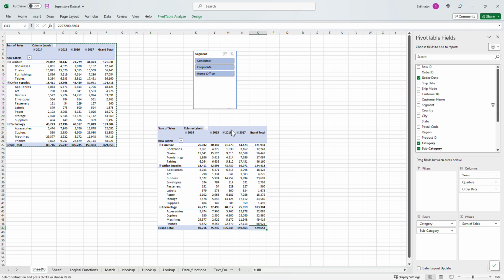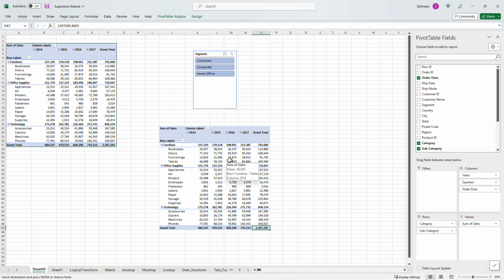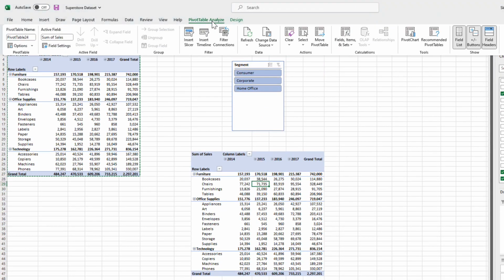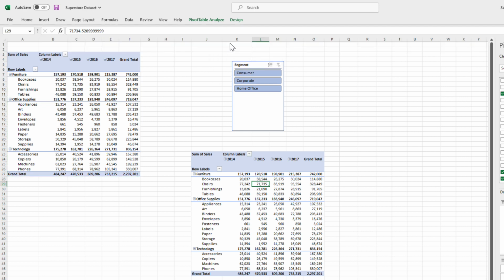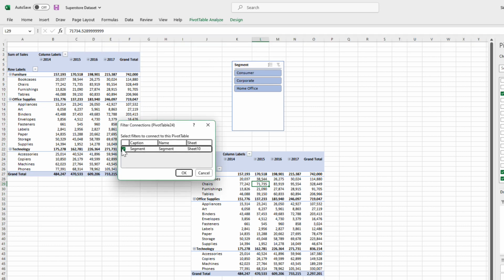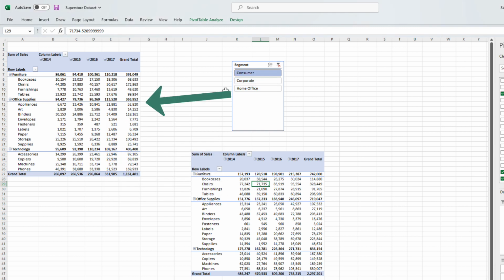Let's say I want to disconnect the second pivot table from the slicer. I will select any cell within the pivot table, go to the Pivot Table Analyze tab and click on Filter Connections. This will show me a list of slicers to which my current pivot table is connected. I will uncheck the segment slicer. Now if I click on any segment in the slicer, the first pivot table will get impacted but not the